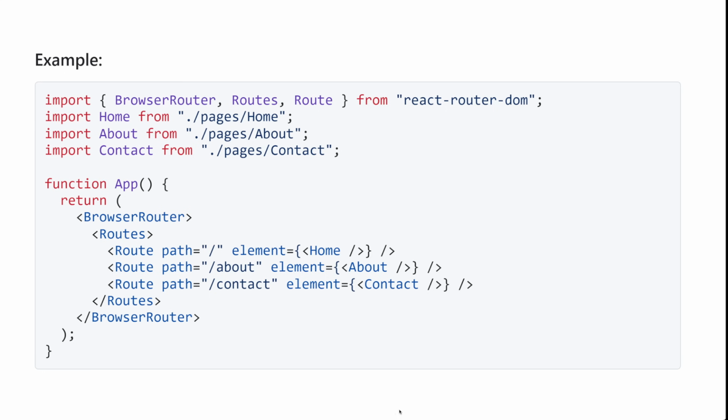And as you can see here in the presentation, we're going to wrap the entire application before we're exporting the app as a browser router, the main component, then the routes, and in the routes, you're going to have the route for each and every path. Now, each and every path will start with a /, and the main / will be for the home page, and then nothing else. We're just going to assign it to home. And then we're going to have /about, /contact, and so forth and so on